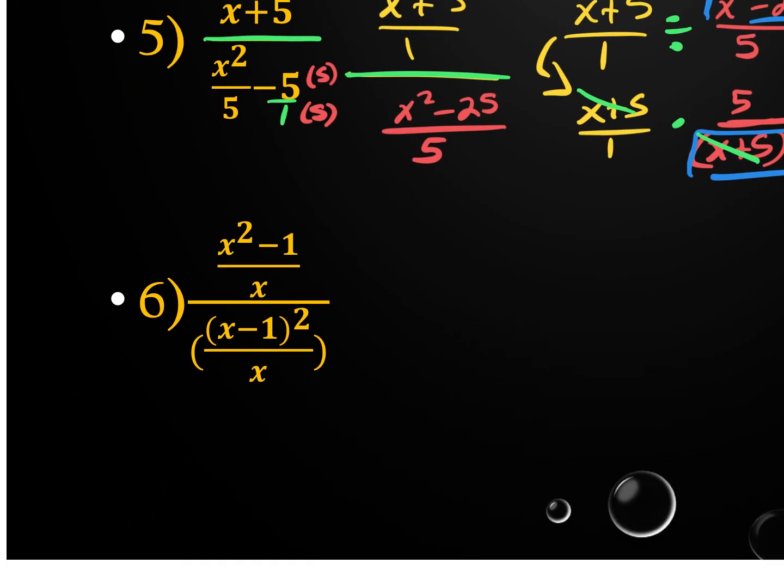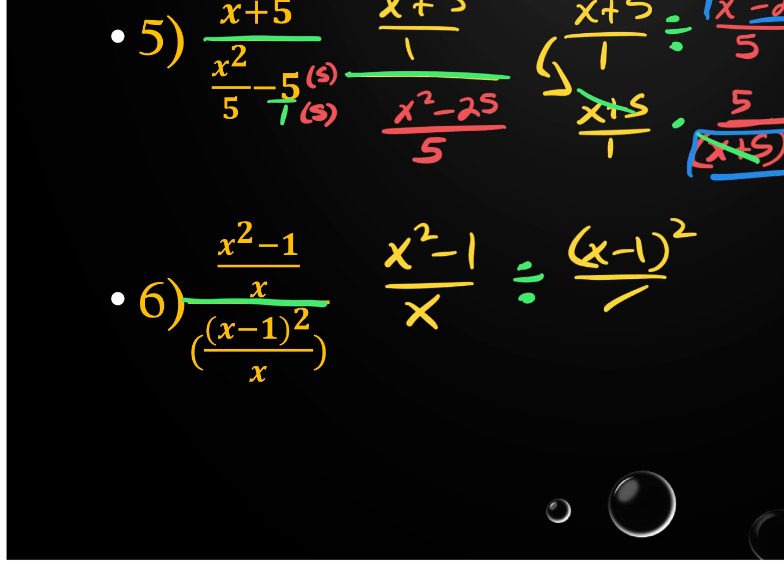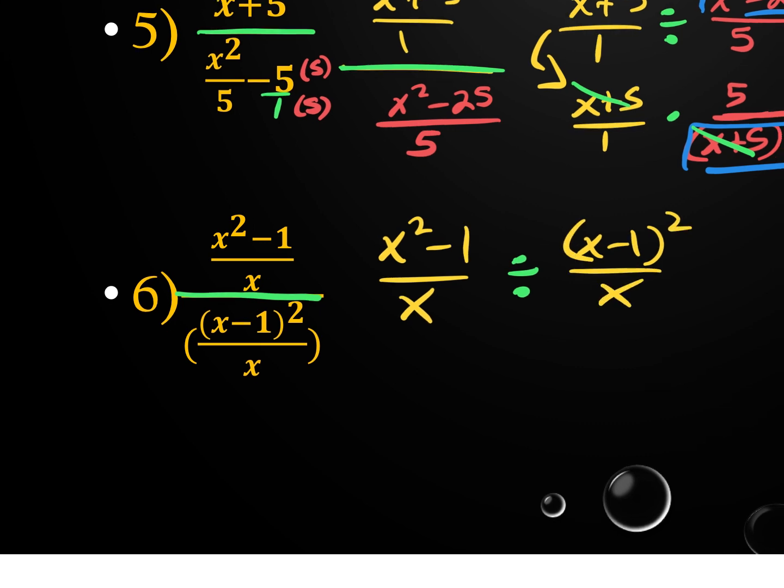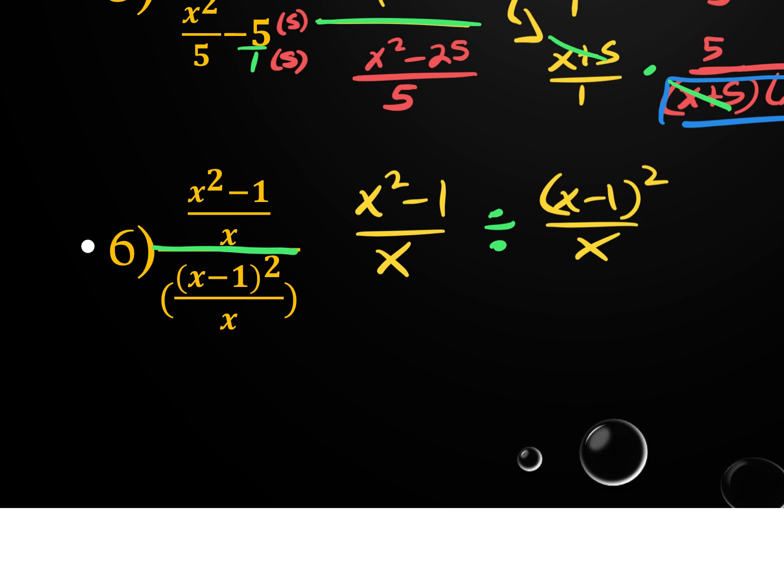So for this next one, same thing. Here's my fraction bar. So really all I'm doing here is (x squared minus 1) over x divided by (x minus 1) squared over x. I'm going to change it. Let me do it step by step. Let me just do change